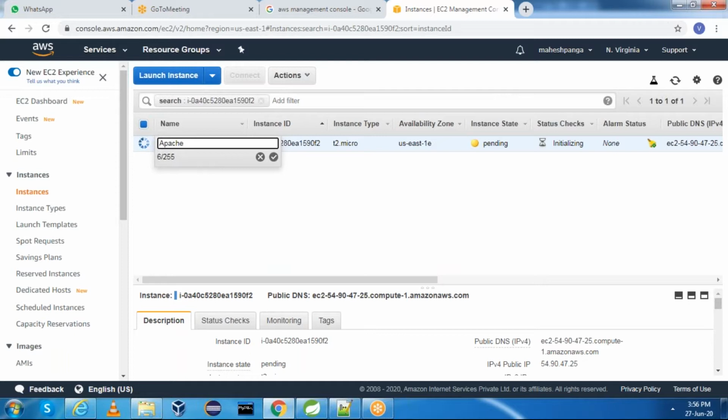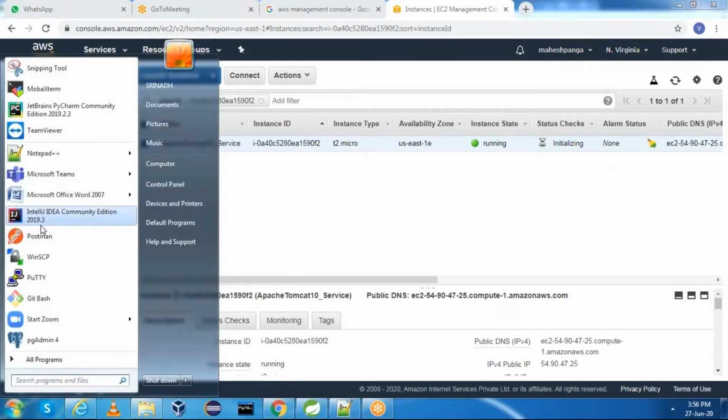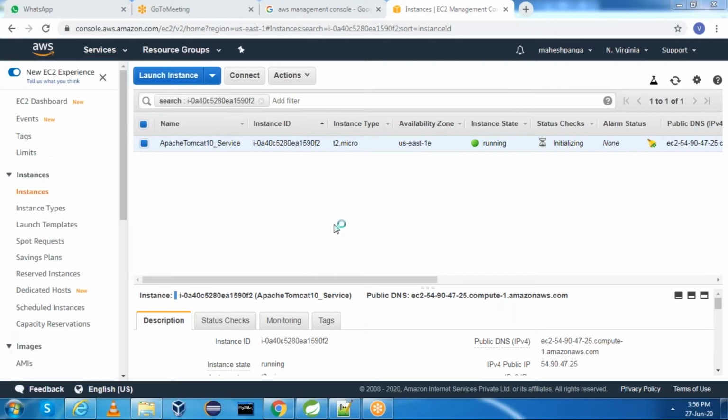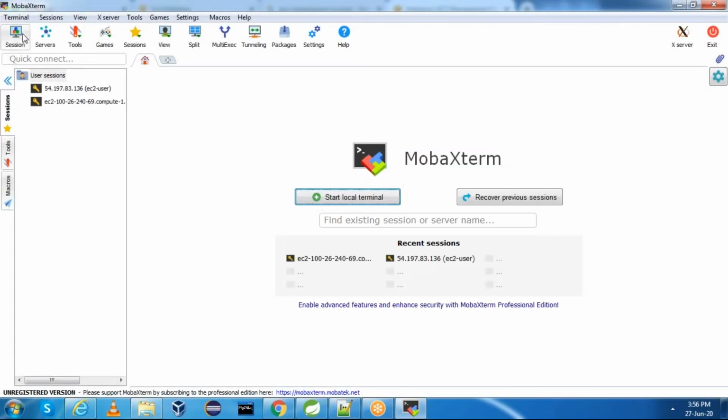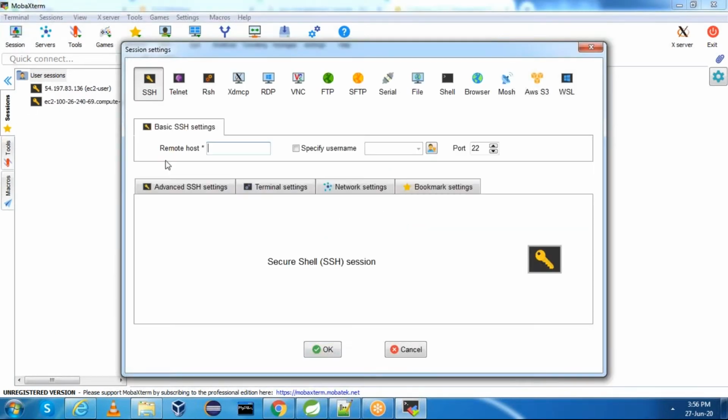This is Apache Tomcat 10 service. Let me grab the IPv4 for public IP. Open MobaXterm. Click on session, SSH.